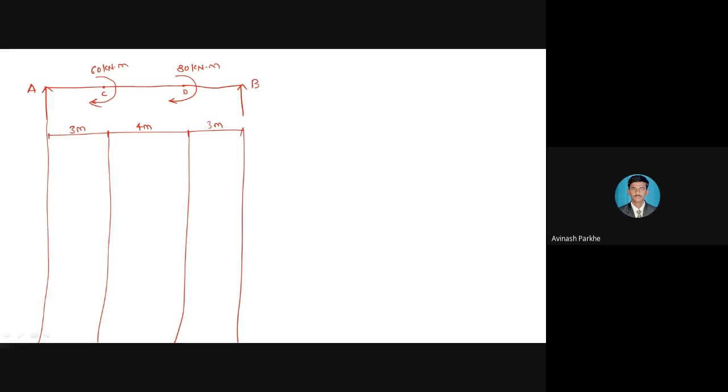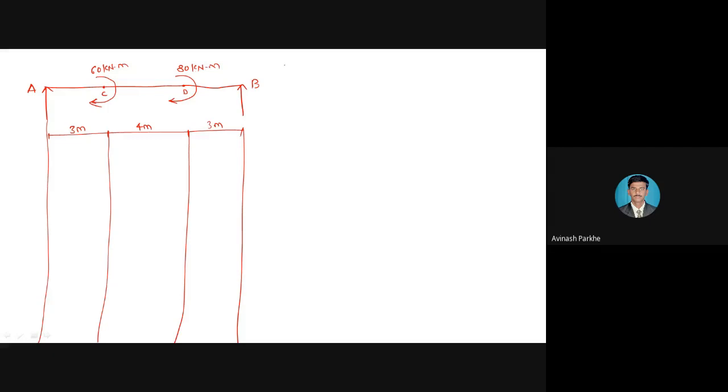This is the figure. You can see the simply supported beam, supported at point A and at point B, and it is subjected to only two couples. The magnitude of the first couple, applied at point C, is 60 kilonewton meter. Couple means force into distance. It is already given in kilonewton meter, that means force into perpendicular distance, already given with the multiplication of distance. And we have to draw the SFD and BMD. Here there is no point load and no UDL, only two couples which are rotating in the clockwise direction.